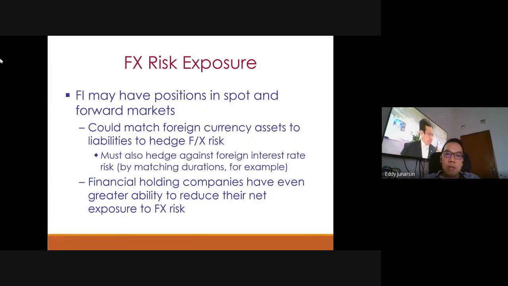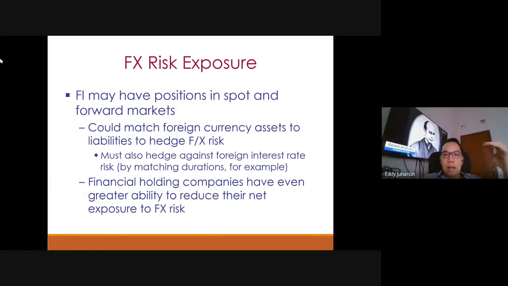Okay, so we may have positions in spot and forward markets. We talked about this, right? Spot means again the deal is made now and execution is also happening now. On the other hand, for the forward market, we make the deal right now, but you execute the deal sometime in the future. Right? So